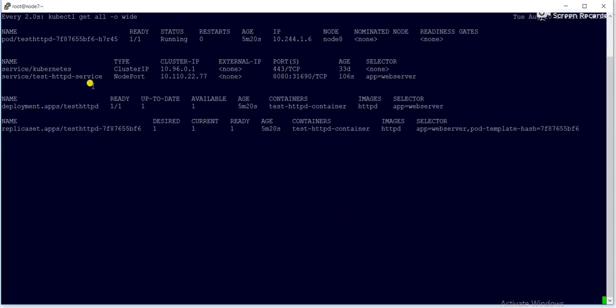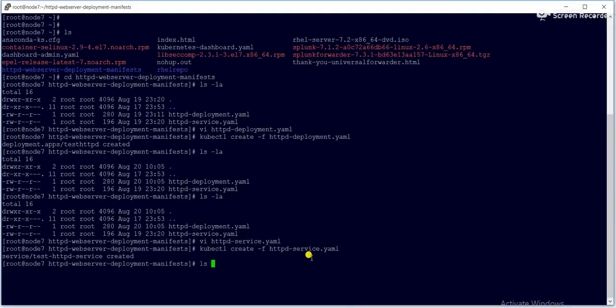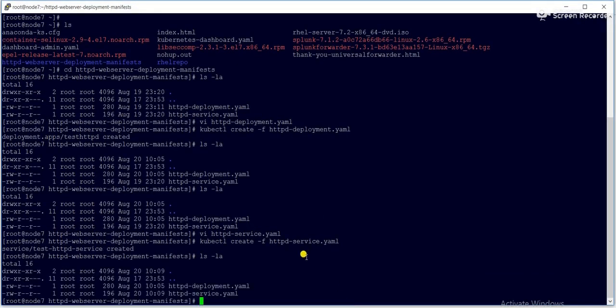Okay, because we created an endpoint for the particular application. So now when you create a deployment, it will create a pod for you, it will create a replica set as per your specification, it will create a service as well. So in my case I have created two YML files, but you can put both the things in one YML file. So deployment and service can go in one YML file. In my case I have segregated them for your understanding.